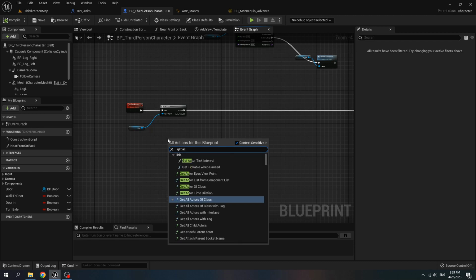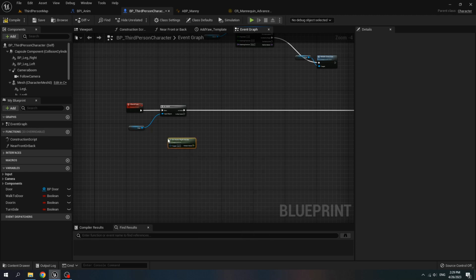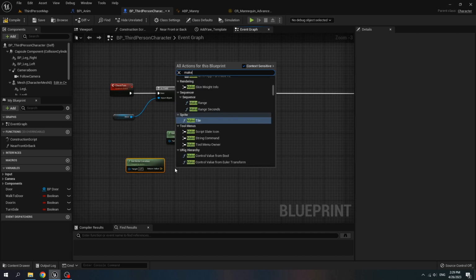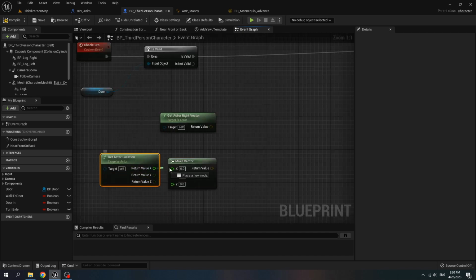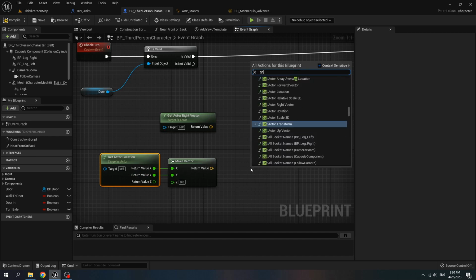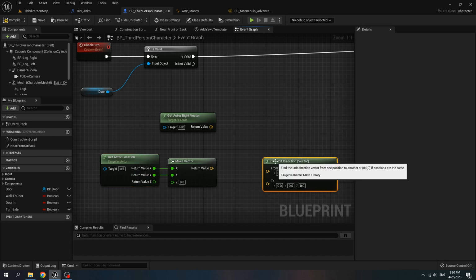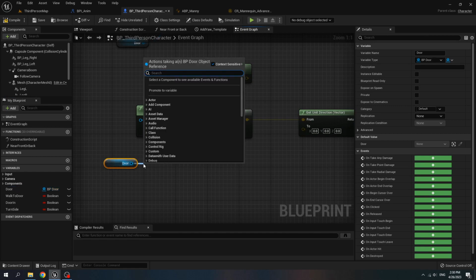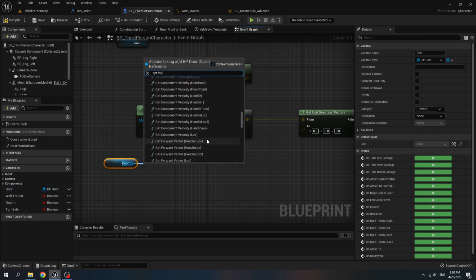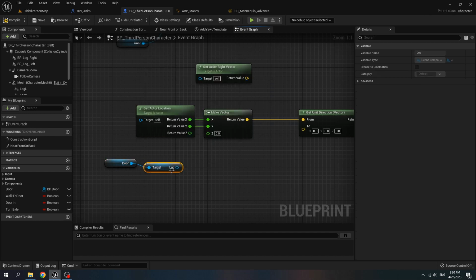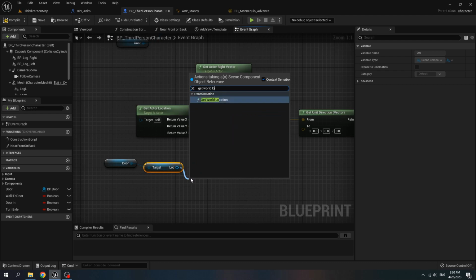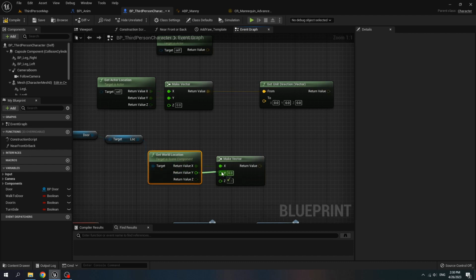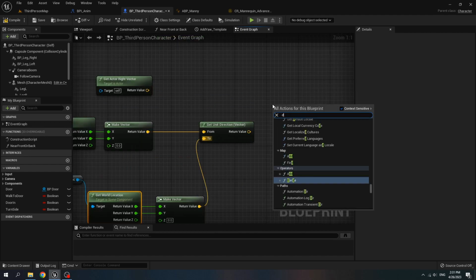Get actor right vector, get actor location, make vector, split the location X and Y, get unit direction vector from the actor location, and get door, get location scene component LOC, get world location, make vector, split the world location, connect X to X, Y to Y, connect it to B,